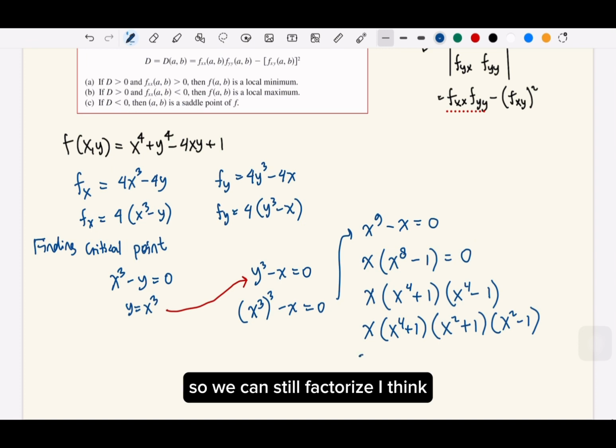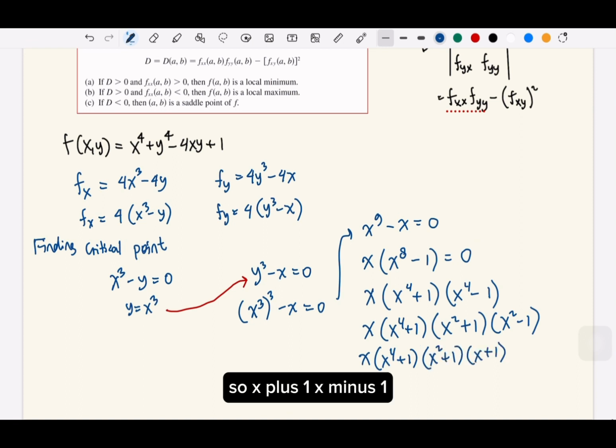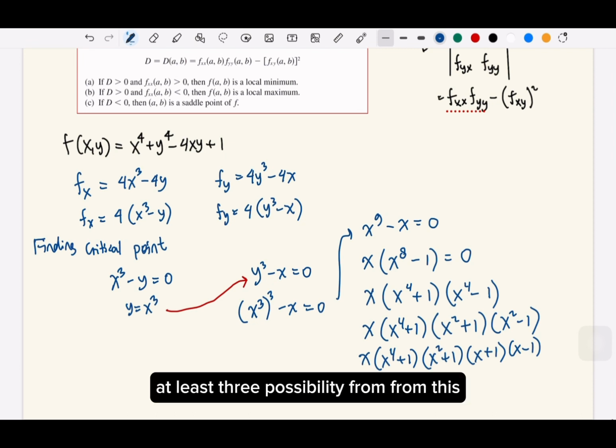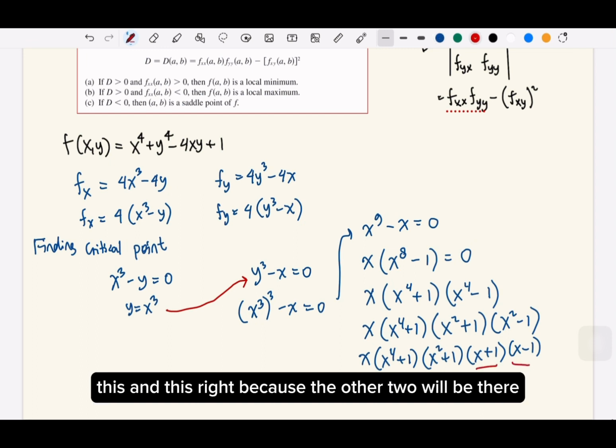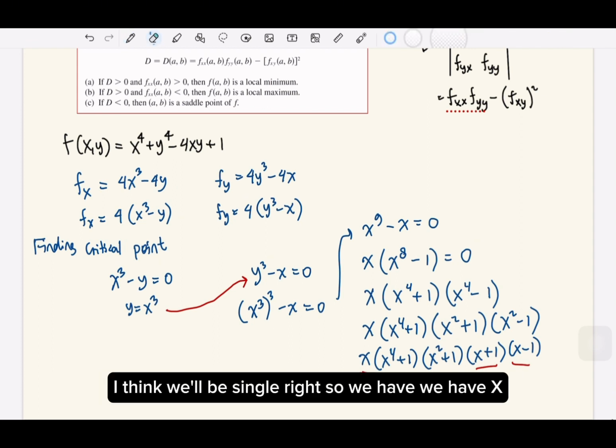So we can still factorize, I think. So x plus 1, x minus 1. So we can see that there are at least 3 possibilities from this, and this, right? Because the other two, I think, will be similar, right? So we have